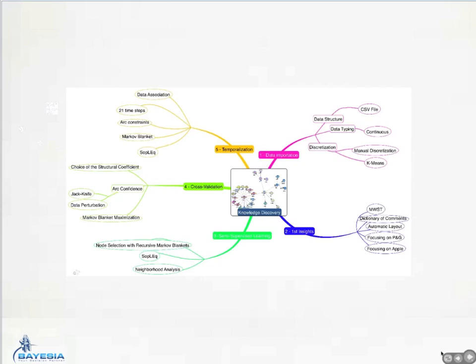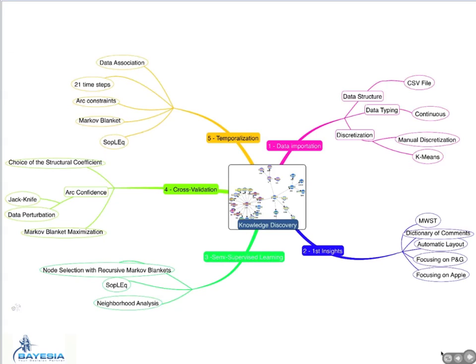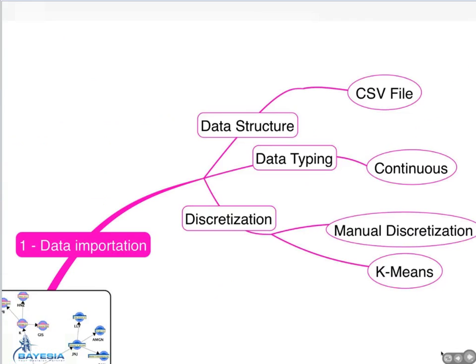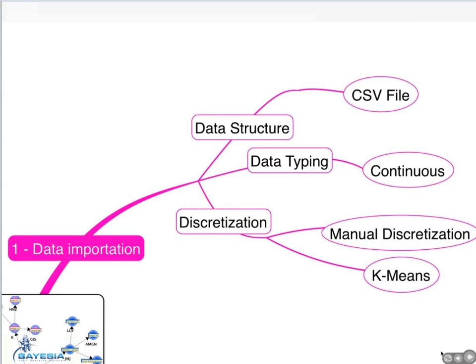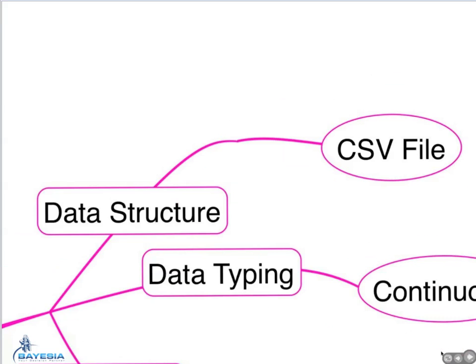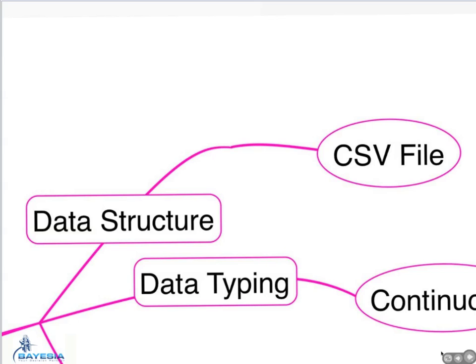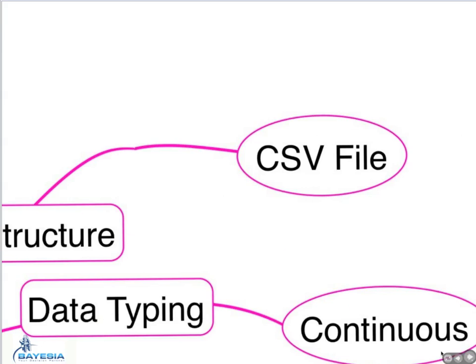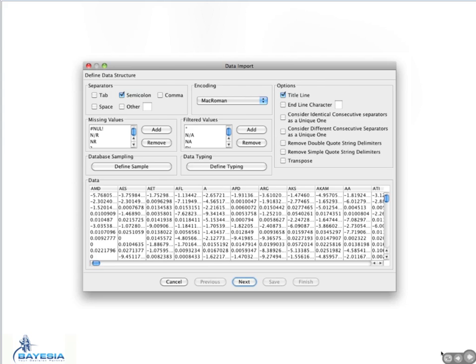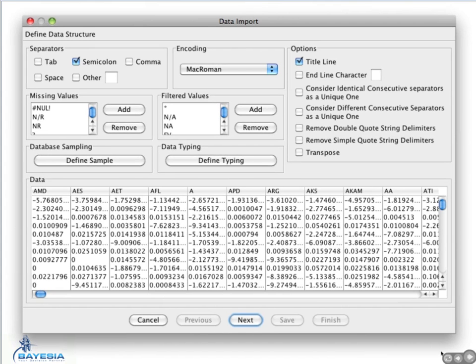So let's go there with a mind map as usual, just to be sure that every step will be clearly understood. As this is a data mining task, we will first use our data importation wizard that will allow us to define the data structure, and in that very specific case it's a text file, a CSV file,